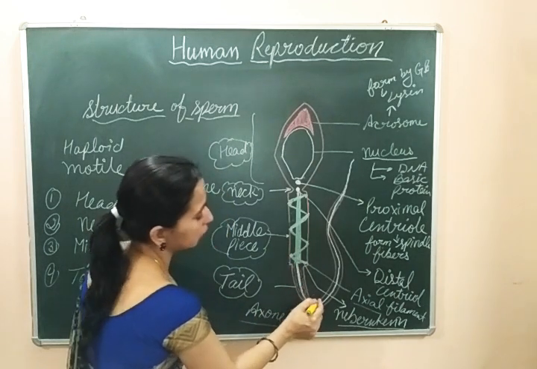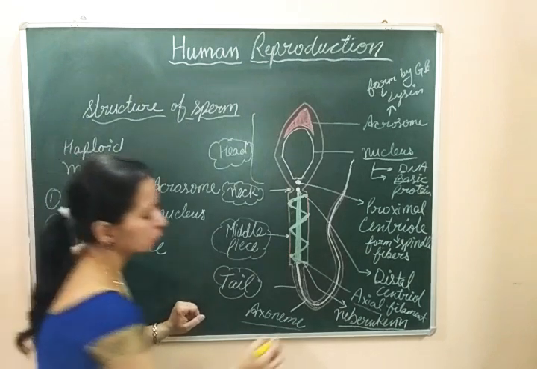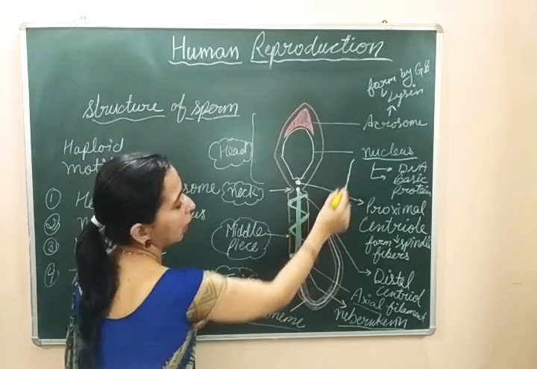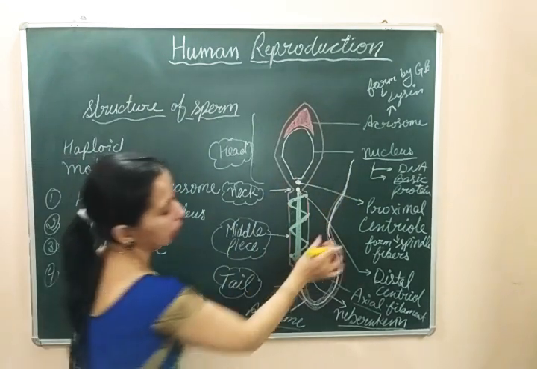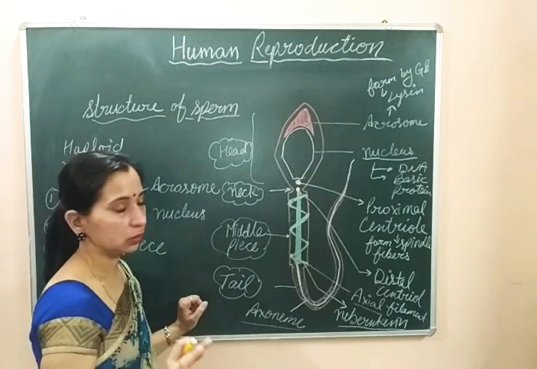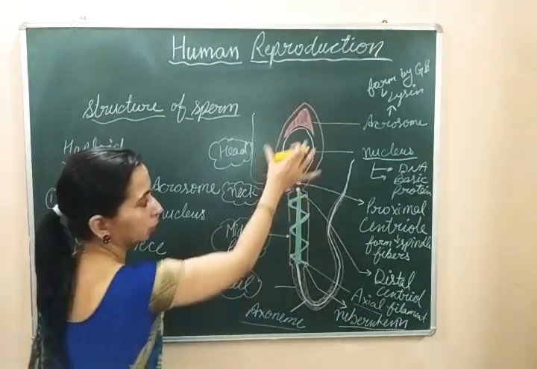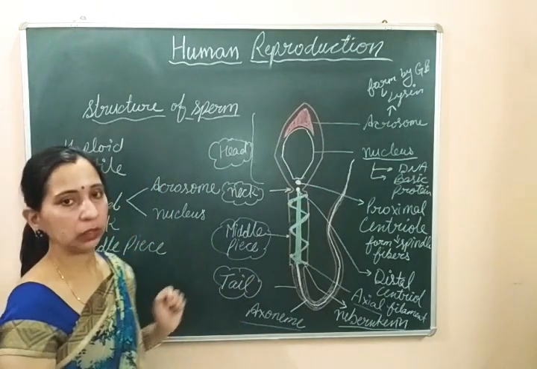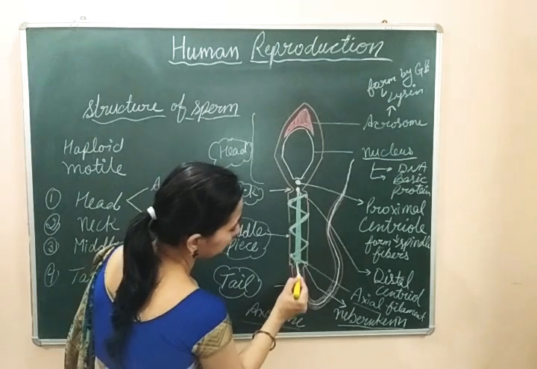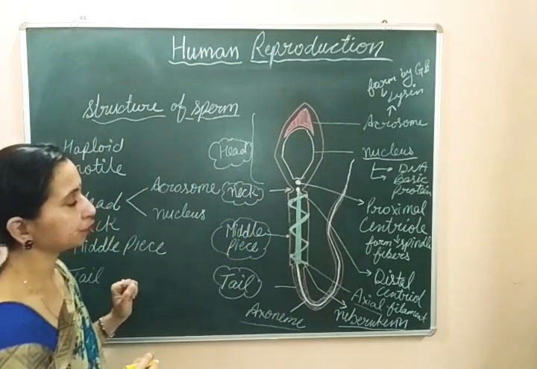यहाँ पे ऊपर की तरफ ही present रहेगा. This is the cytoplasmic sheath which is present here. So this cytoplasm will be present at some part of the tail, and at the end only axoneme will be there. So end part जो होगा, this is the end part of the tail in which only the axoneme is present. The tail is a very long part of the sperm. Out of all these parts, the tail is the longest part of the sperm. So this is about the tail in which the axoneme runs inside the tail. यहाँ पे axoneme present है.